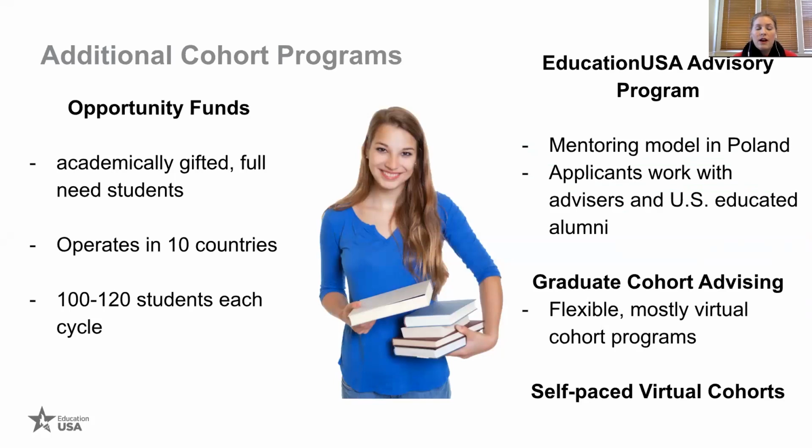This is another cohort program that we have running. In many of our countries, specifically in Europe and Eurasia, the 10 countries that operate this opportunity funds, these students are mostly working within a competitive college club. So the way this differs from the broader competitive college club cohort is that these are full need students. They have already achieved a certain level of academic success, have strong English language skills, but they have full financial need. So the program helps them to cover some of the upfront costs associated with applying to a US institution, as well as those costs of going to the US institution if they're admitted with full funding.